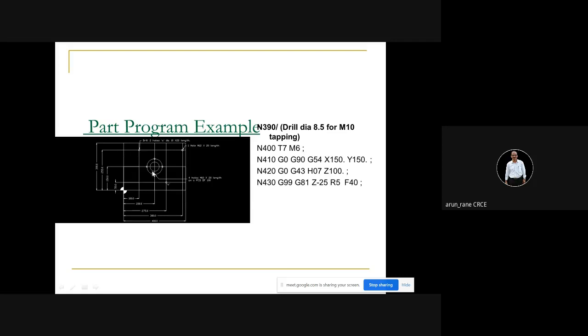But now since the drill has to be moved here only, obviously no clamp will come up to here. And since we are done boring here, this has to be free from clamp. So we are using G90. So there will be a little bit of saving on the machining time. So G99 means the tool will come up to 5 mm above the surface.